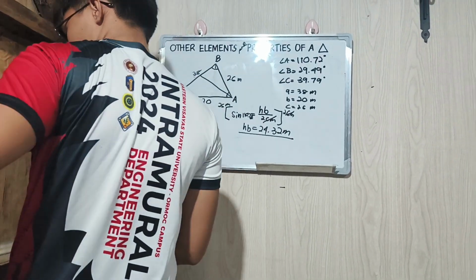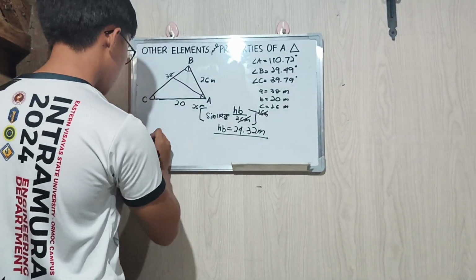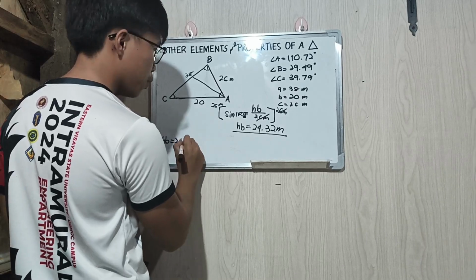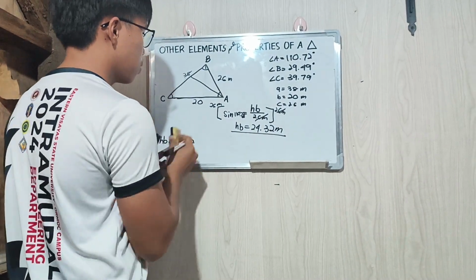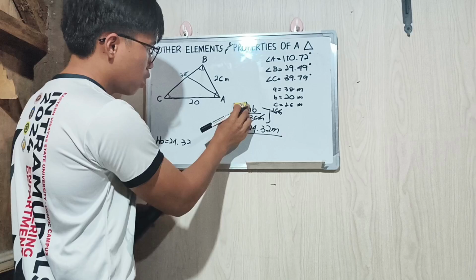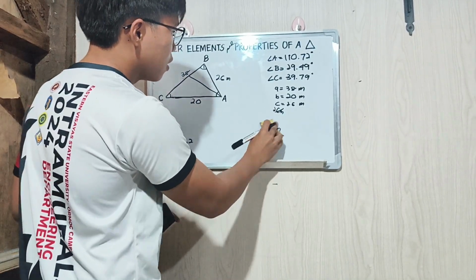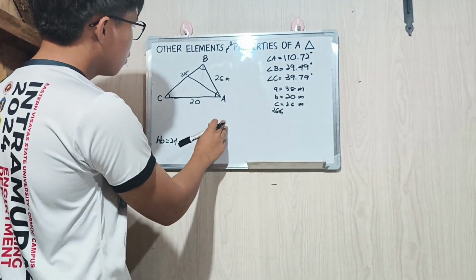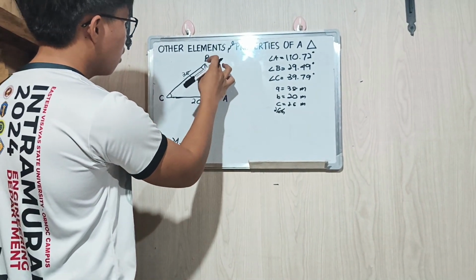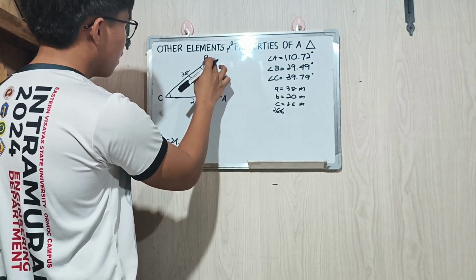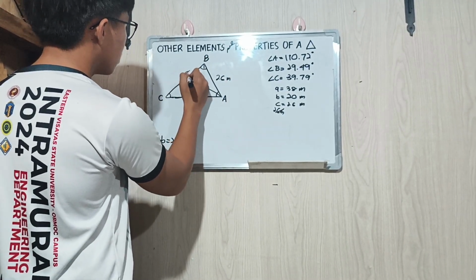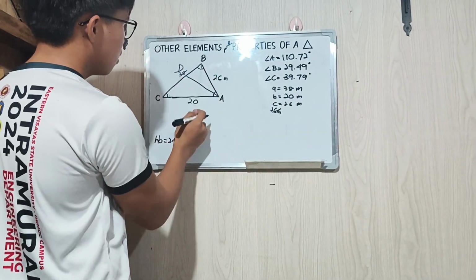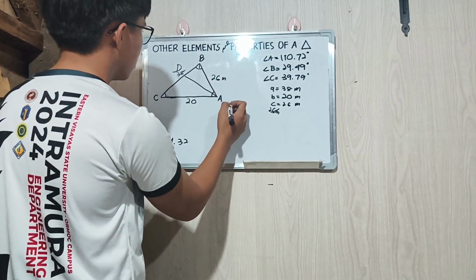So HB is equal to 24. So we're going to replace this one. So we have the altitude here. Notice that the angle AB, we're going to get this point here by D. So angle ABD, we have 26